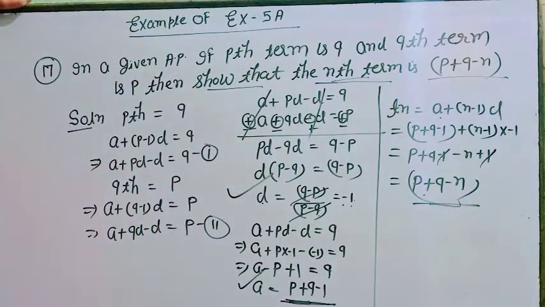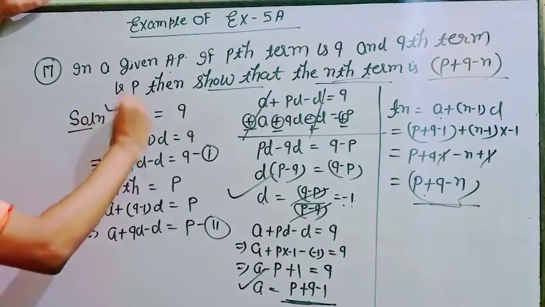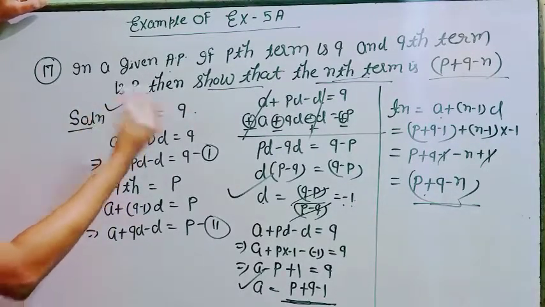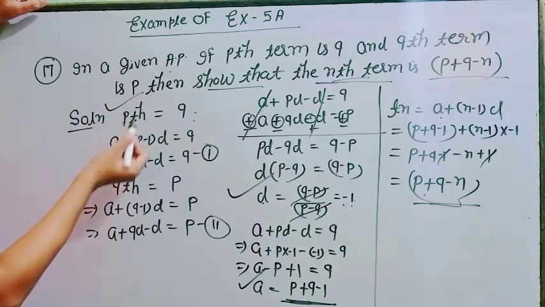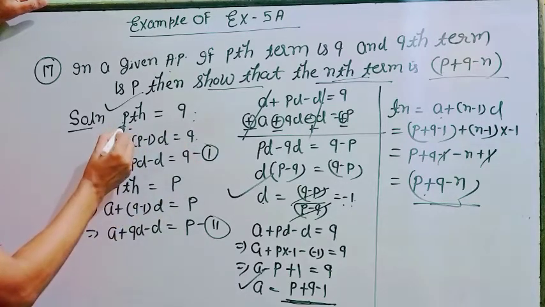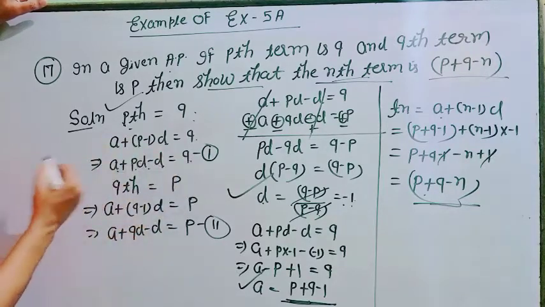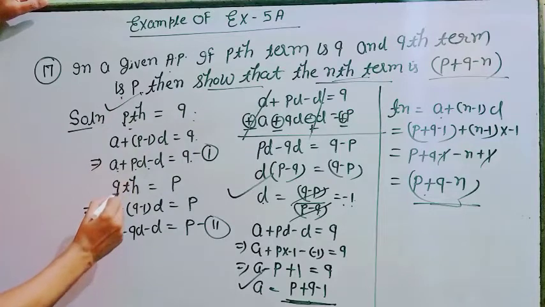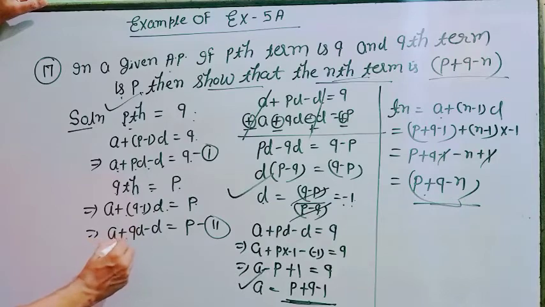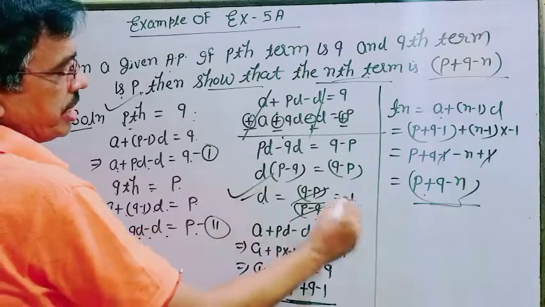Again, I want to repeat it, dear student. This type of question is given in algebraic form, and it is given that the pth term is q. The pth term is q means n is p and Tn is equal to q. So you suppose the first term is a and d in both equations. So a plus n minus 1 into d is equal to q, and at the place of n is p. So you get a plus pd minus d is equal to q. Similarly, the qth term is p, and it is also a plus q minus 1 into d is equal to p. So a plus qd minus d is equal to p. Here you subtract, then you get your solution, that is d is minus 1.